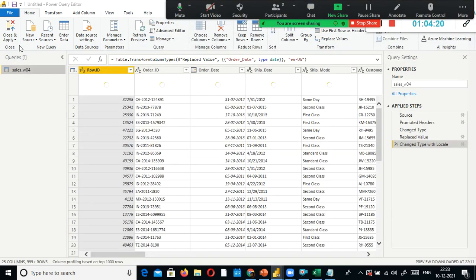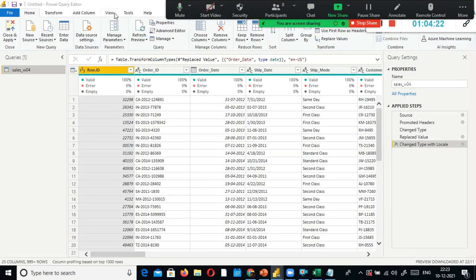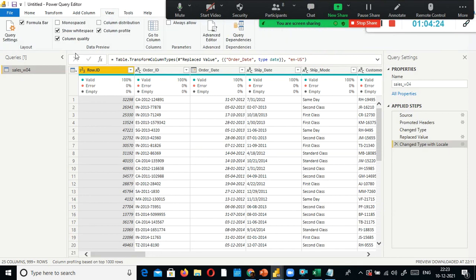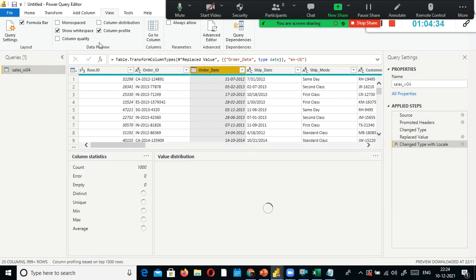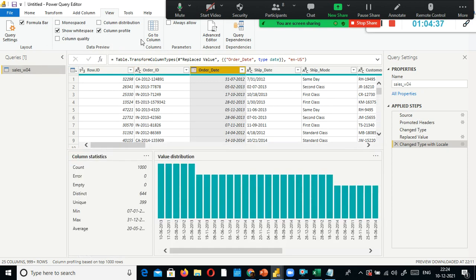When you select view, I have already enabled the column profile. So let me select the order date. When you enable column profile, you can find out the minimum order date and maximum order date. This is another way of checking it, because this gives you the statistical summary of every column, right? That's what we discussed.